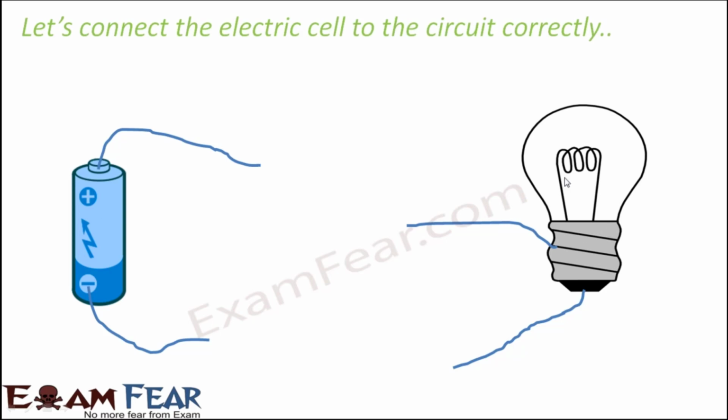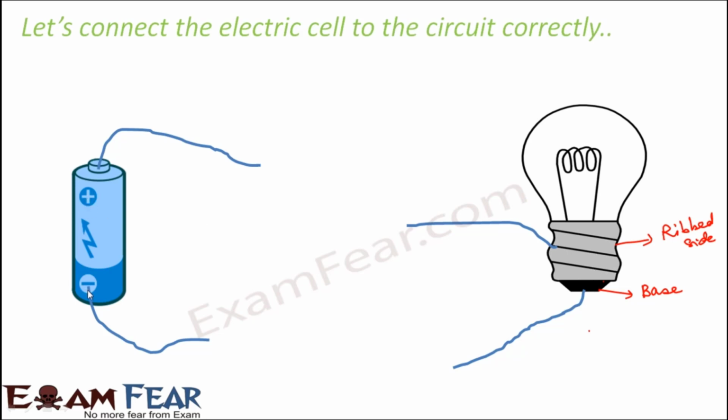Before that, I just wanted to tell you this. As far as a bulb is concerned, you will always see that this is the base of the bulb. This part, the lowermost bottom part, is the base of the bulb, and this part where you see the ribbed side is called the ribbed side of the bulb, where you can see coils of metal structure. In between the ribbed side and the base you have an insulating layer which separates the ribbed side and the base, and that prevents the direct flow of charge between these two, and that is why these are two different terminals.